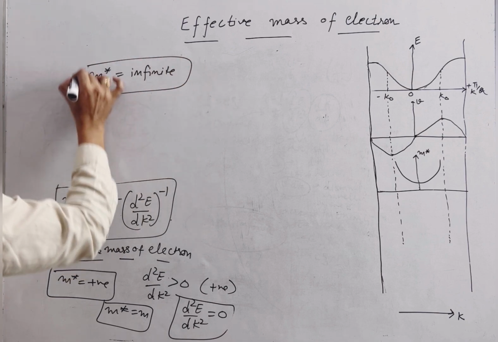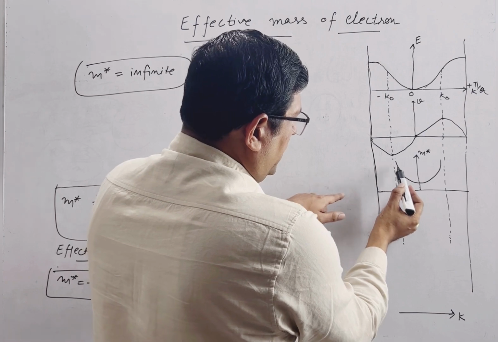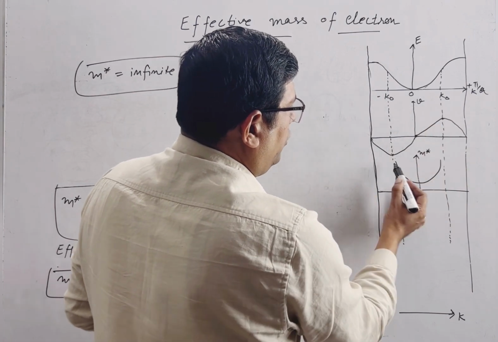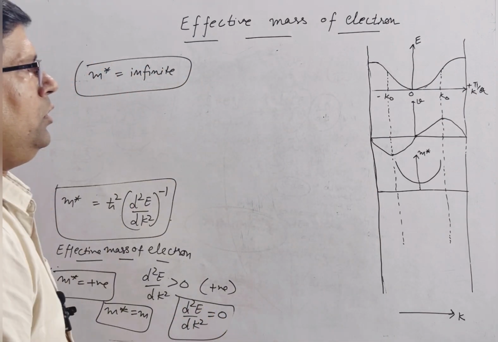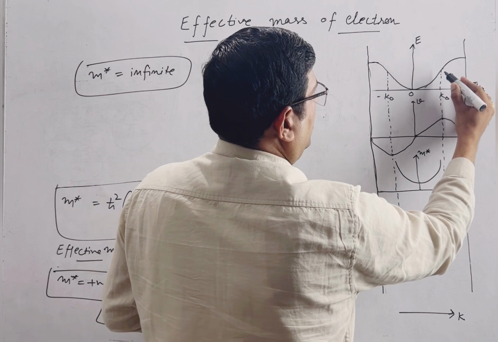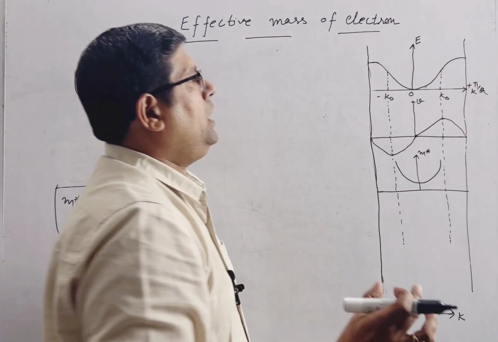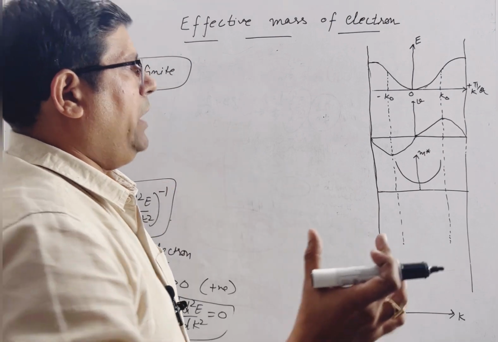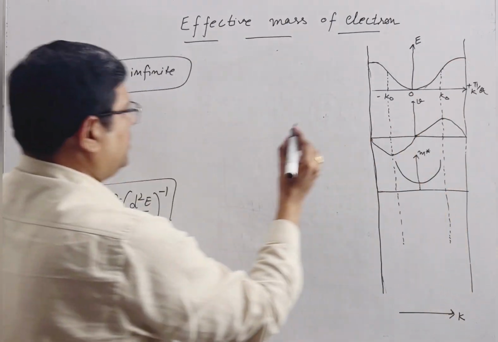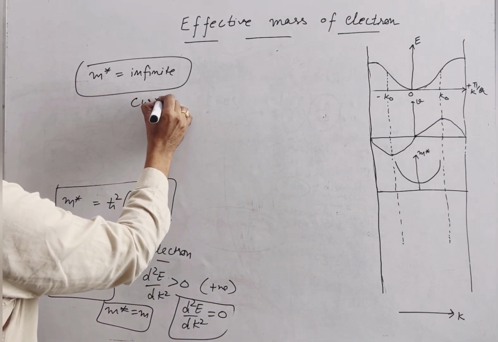Effective mass is infinite. That's why this curve is approaching infinity near this point of inflection. Now if we see this portion from the point of inflection to here, or you can say the top of the band, the upper portion of the band, in this portion you can see clearly that the curvature